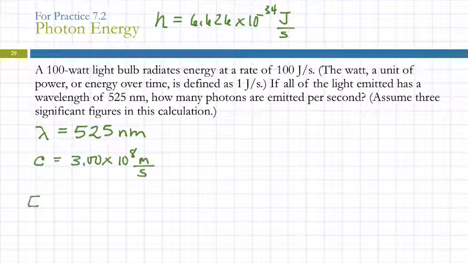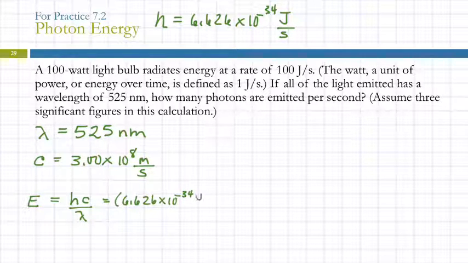So the energy of a photon equals hc over lambda. Well, let's put these together. H, 6.626 times 10 to the minus 34 joules per second times the speed of light, 3.00 times 10 to the 8th meters per second. And then in the denominator,